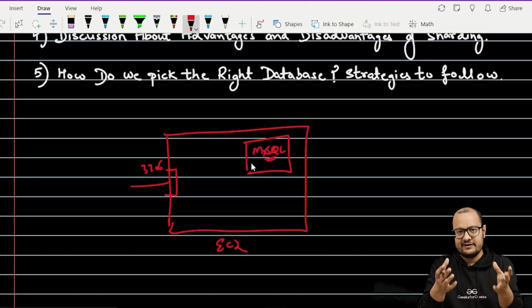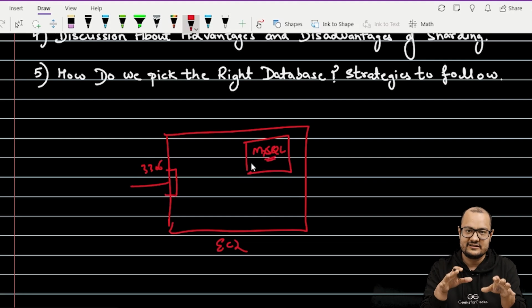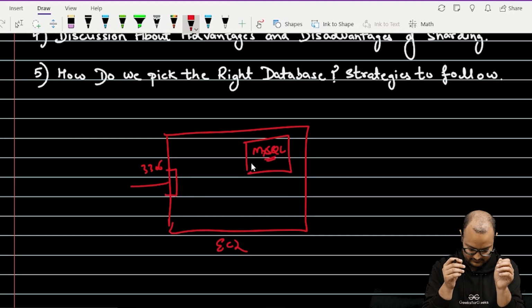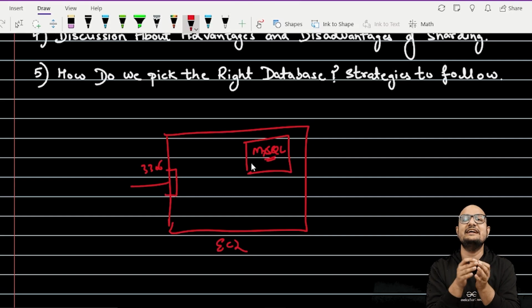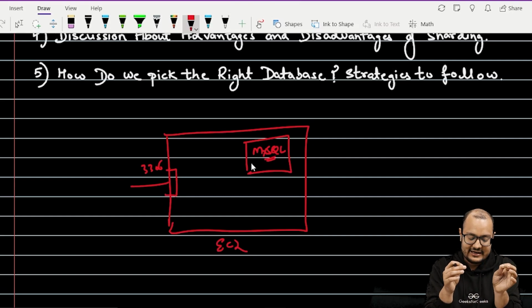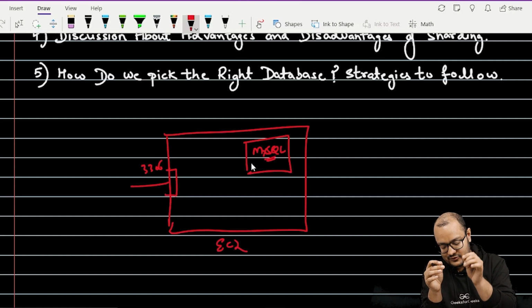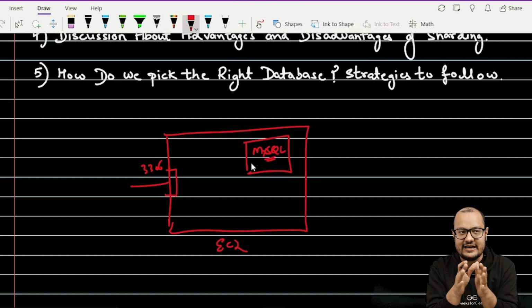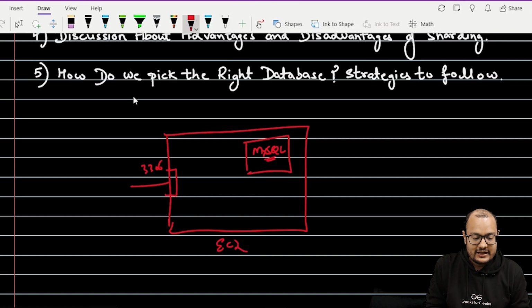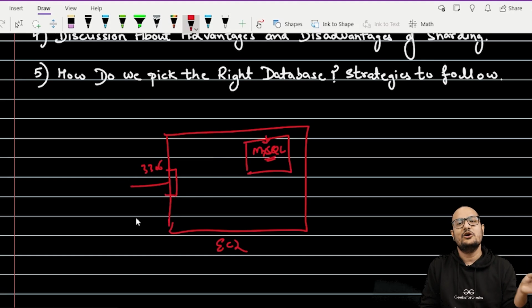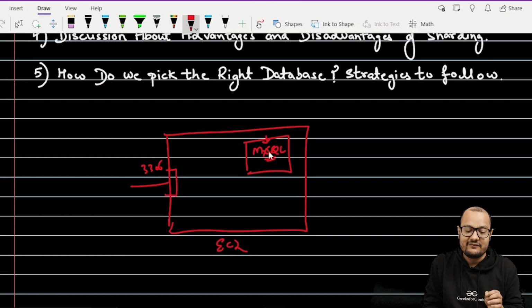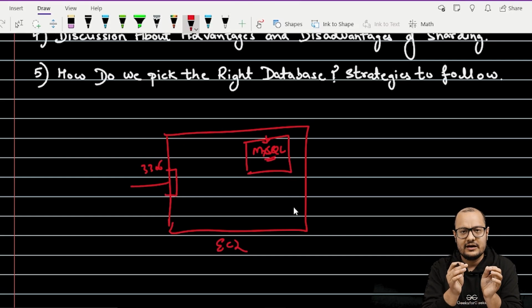Let's also define what a database server is. It's a simple database process that is running inside an EC2. It can be MongoDB, it can be MySQL, relational or non-relational. A DB server is just a database process running on an EC2 machine, that is a server. Now let's say we have this EC2 machine and our database server MySQL is running here, and 3306 is the port that is allowing the request to come to my EC2 machine, and that will be handled by my MySQL DB server.